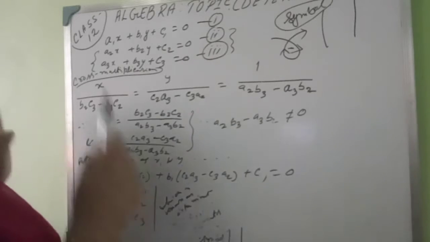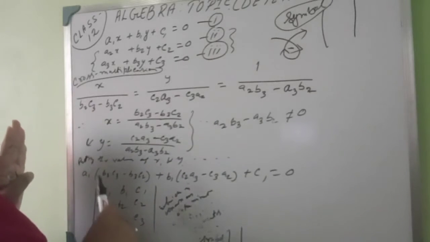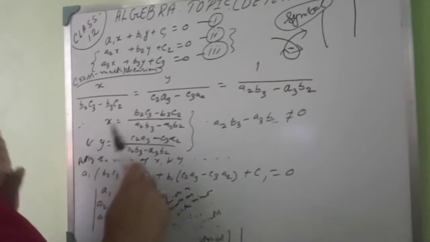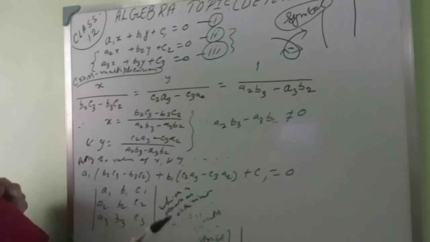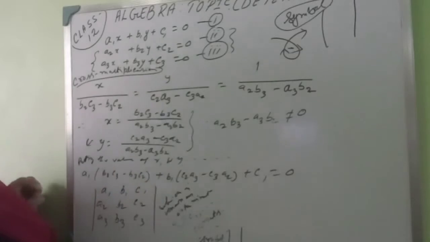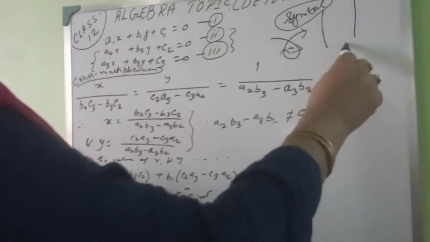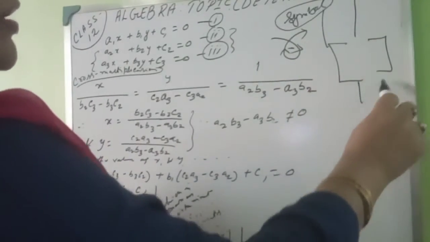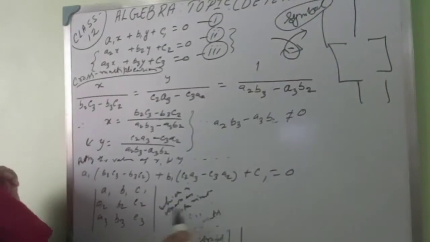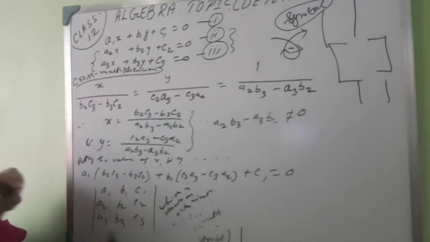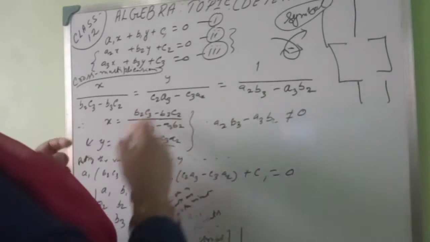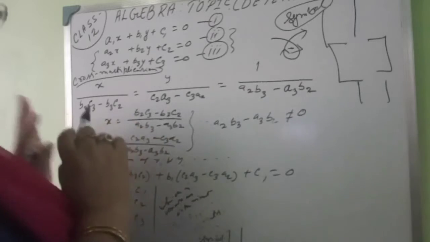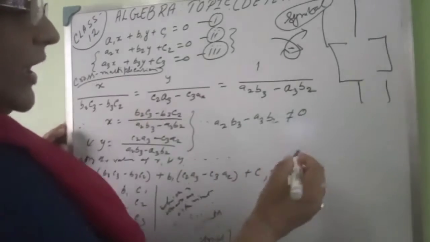What is a square matrix? We have done that if a1 b1 c1, a2 b2 c2, a3 b3 c3 are written in this way, that is a third order square matrix. So this is also a third order determinant. A matrix can also be written in the form of a determinant. Only the symbol differs: in the matrix we use this symbol, and in the determinant we use this symbol. Now this particular part is known as the determinant. Similarly, this is done for the third order determinant.